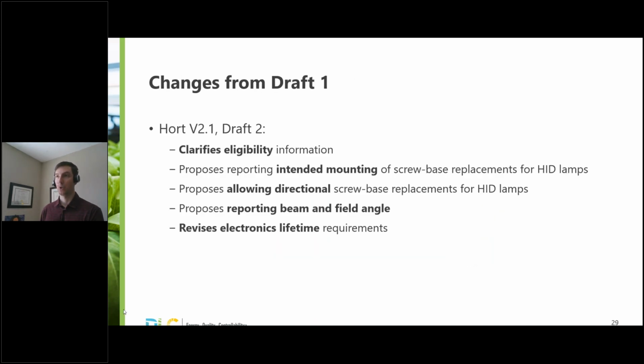Okay, so for a quick summary of changes to draft 1, I'll cover the details more over the next couple slides, but here's the high level. So with draft 2, we clarified the eligibility criteria. Like I said, we're still proposing the same 2 types of lamps, but in draft 1, we thought it would